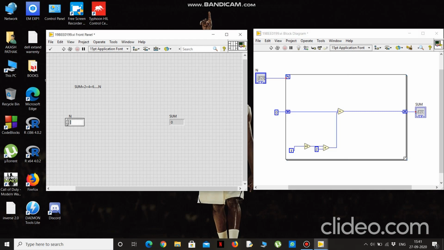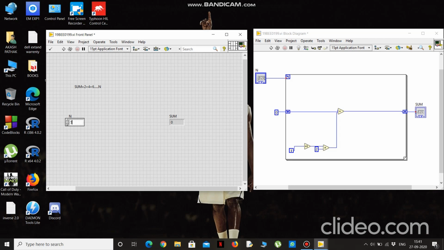Let's give our n as 5. So when we give n as 5, this n will take the value 5 and our loop count is 5. As our loop count is 5, our program will be executed 5 times. Firstly, this I will take values from 0. When I is 0, it will get incremented to 1, which is 0 plus 1, and then it will go to our multiplier, 1 into 2, which is 2.